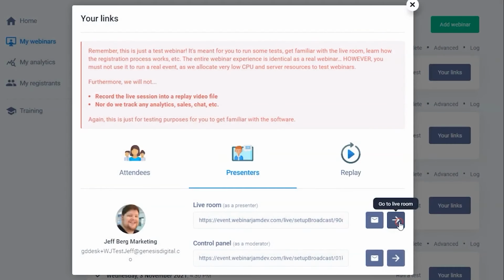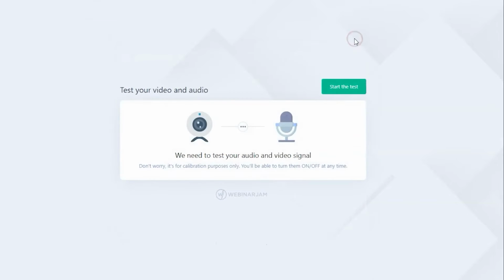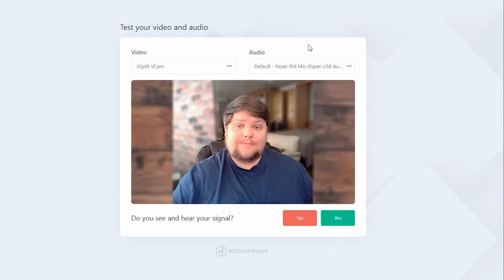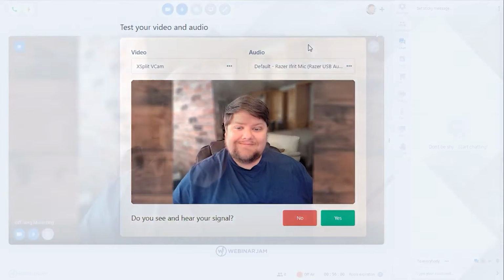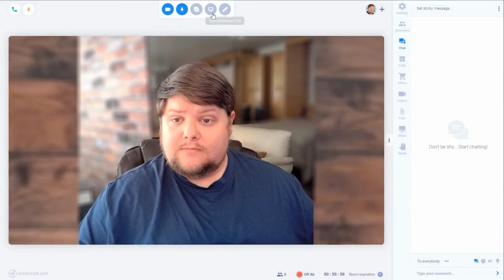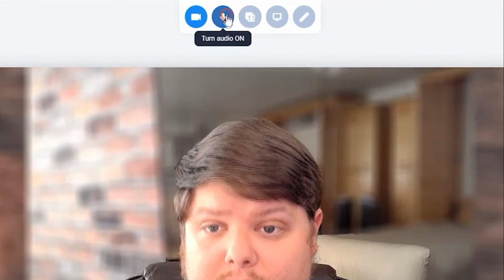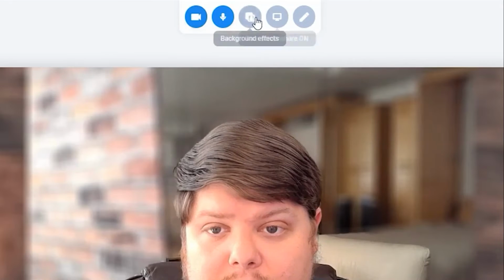Once I click to open my presenter link, the system will perform a simple audio and video test to check my computer's bandwidth and syncing. When I enter the room, my camera and microphone will be on by default. The options to turn these off or on are at the top of the page, alongside an option to add